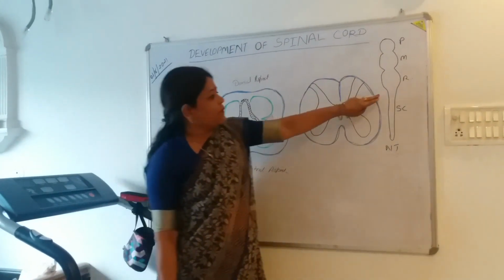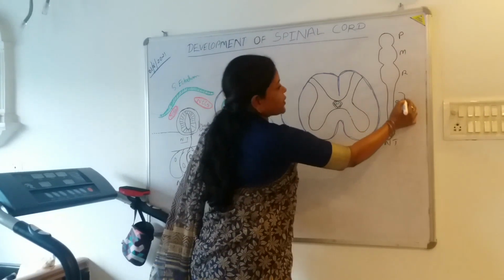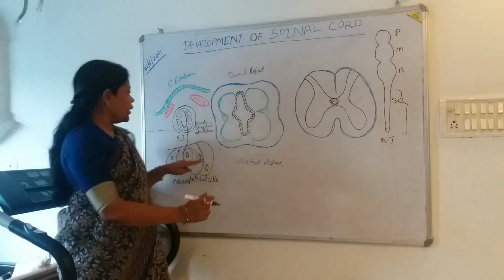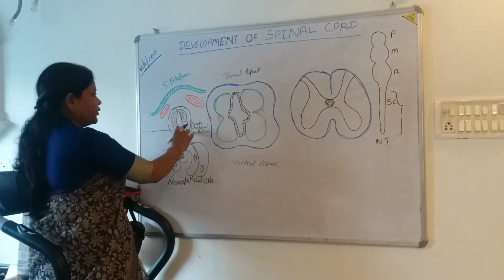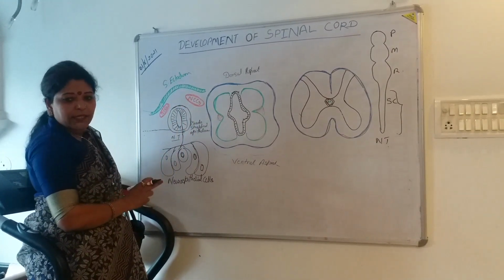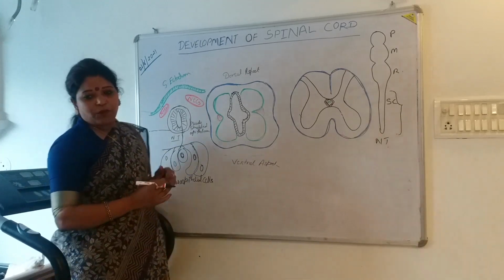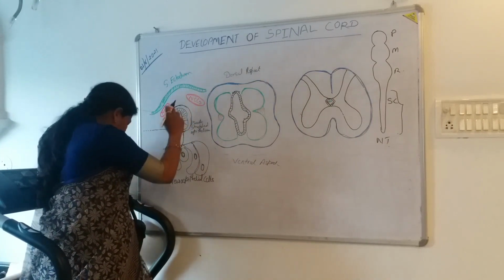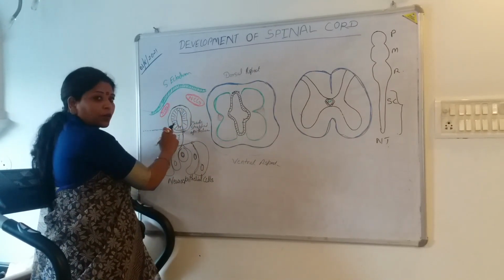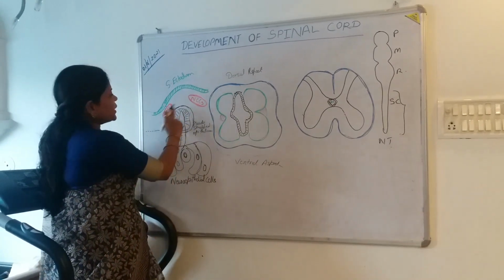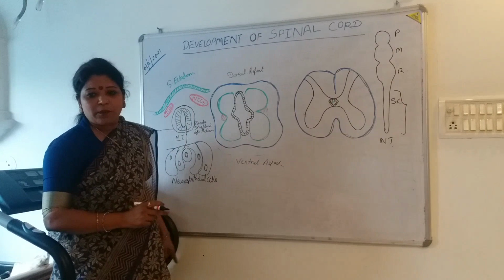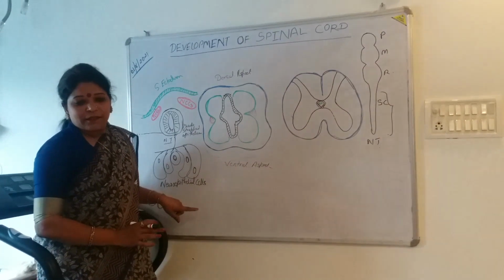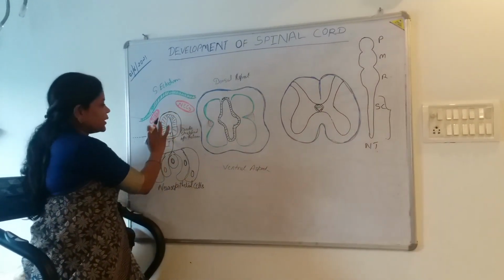Now we will discuss in this class the caudal region, which is going to form what? The spinal cord. Look here, this is the closed neural tube that we discussed in the previous class, how this neural tube was formed from the neuroectoderm. This is the surface ectoderm, and this is the closed neural tube, and these are the neural crest cells, which were detached from the edges of the neural fold. Do you remember that? Yes, ma'am. So this is the neural tube.